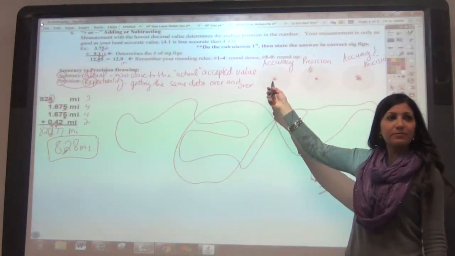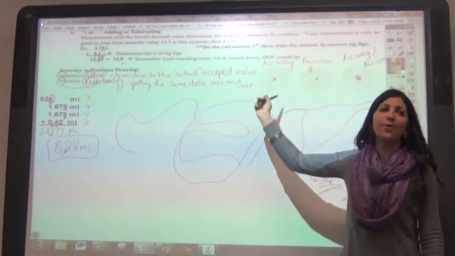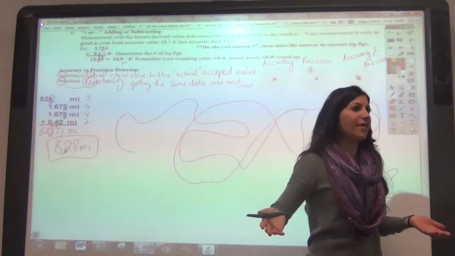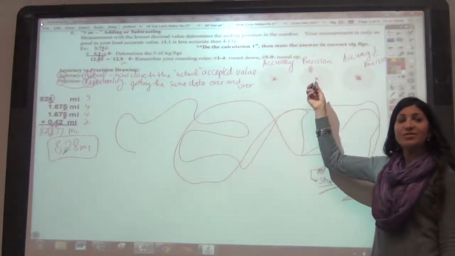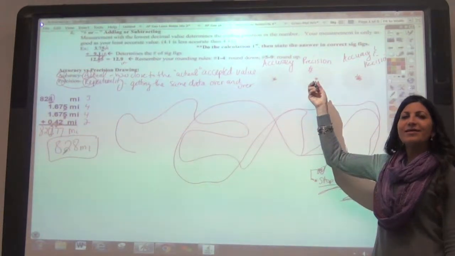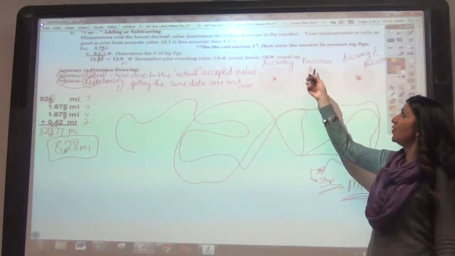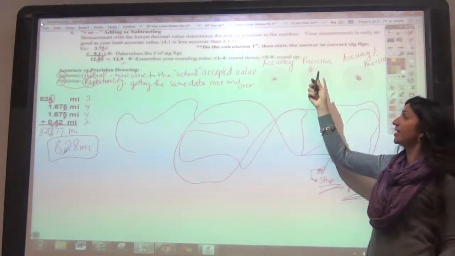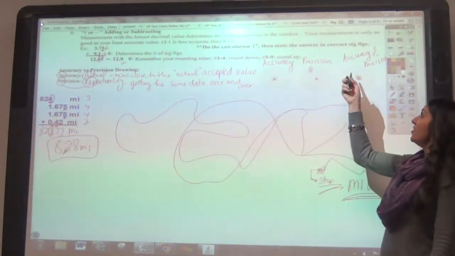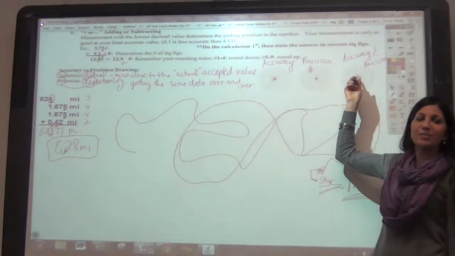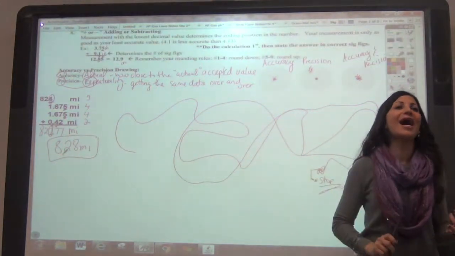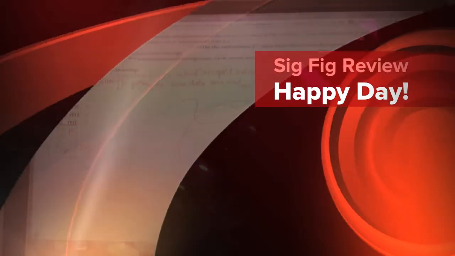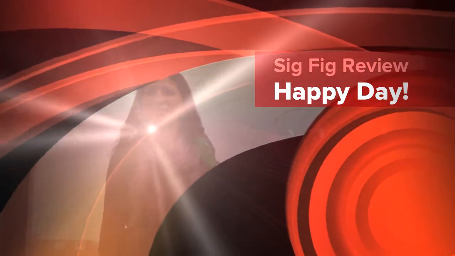Well, if we're looking at a picture like this, it's only accurate. Why? You're hitting right on the bullseye. It's close to the actual, and the actual spot you want to hit is the bullseye. This is only precise. Why? It's the same thing. Yes, it's in the same spot over and over again. You're repeating it. That's repeatability, but it's not hitting the bullseye. This is both accurate and precise because not only did we hit the bullseye, but we hit it multiple times. We repeatedly hit it over and over again. Okay, and that's basically our review of significant figures and